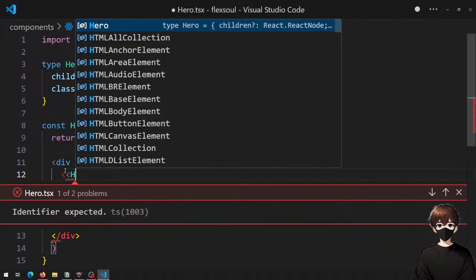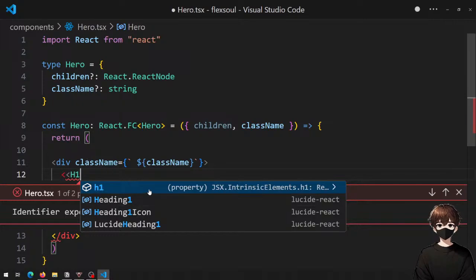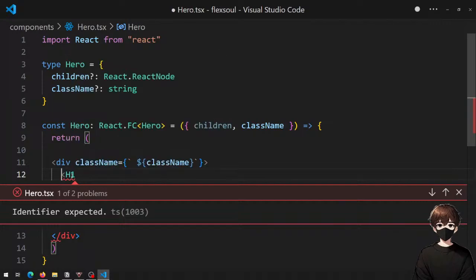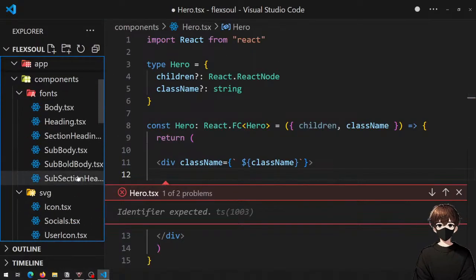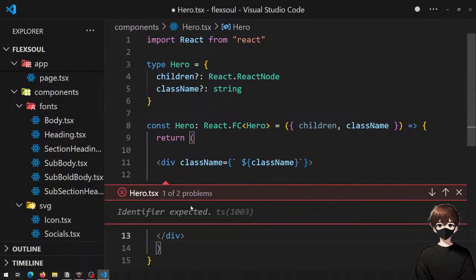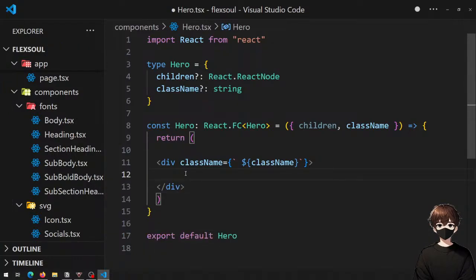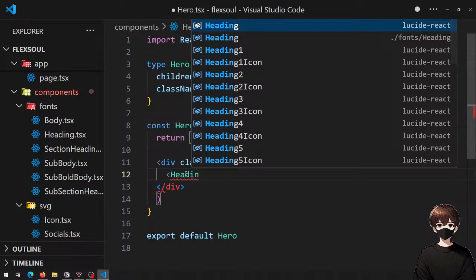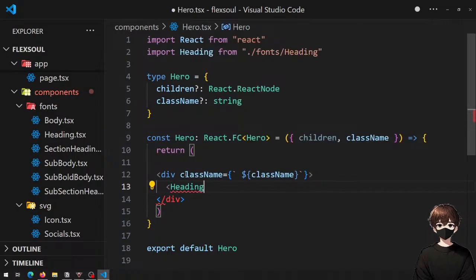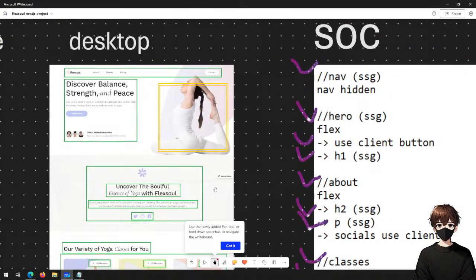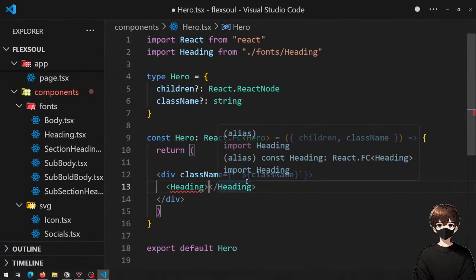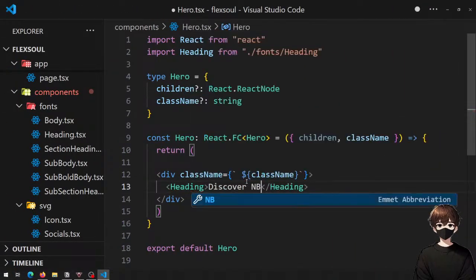That's a bit weird because I have a, maybe I called it different. Let me just check. I call it heading. Okay, good thing. Heading, fonts heading. We're gonna do it like this, and then what we're gonna do is we're gonna fill in the type. So it's discover, balance, strength, and peace. Okay, so discover, balance,